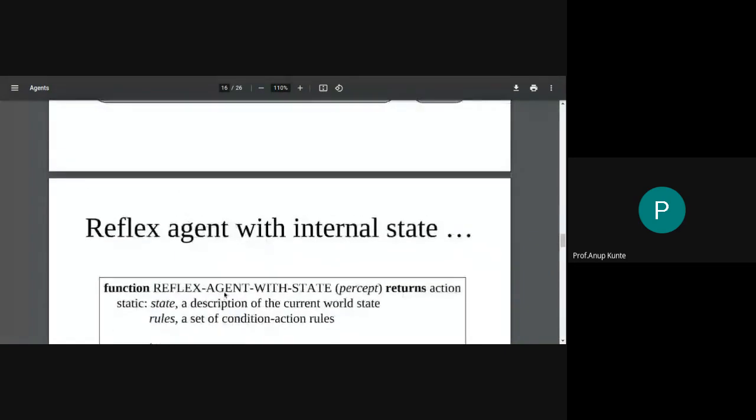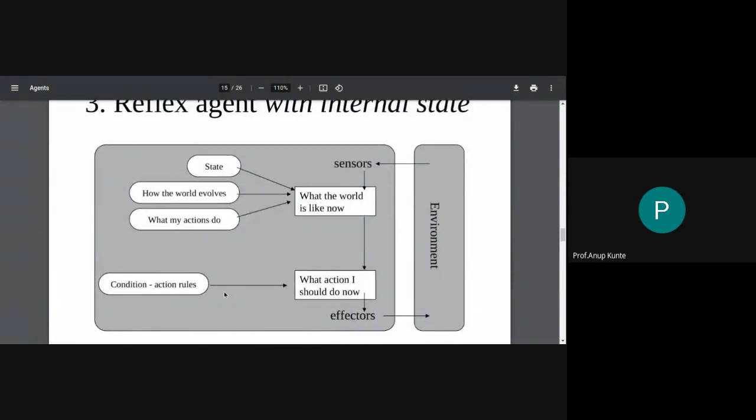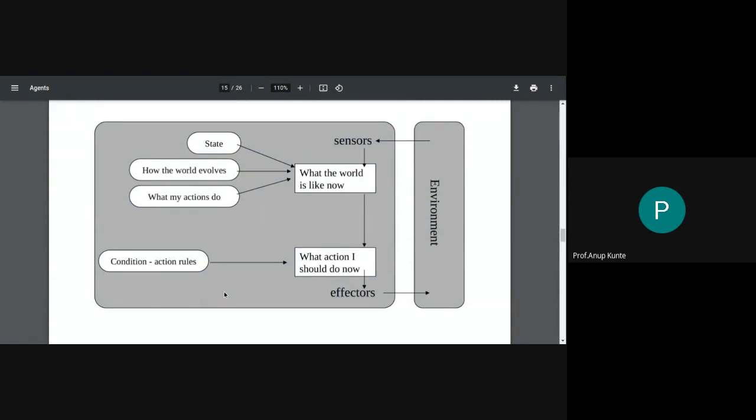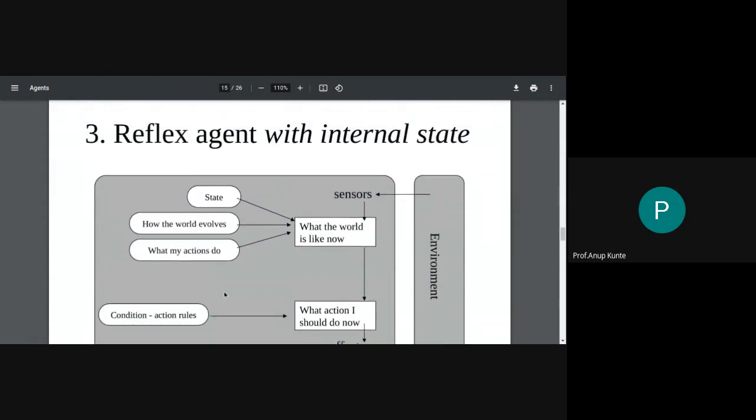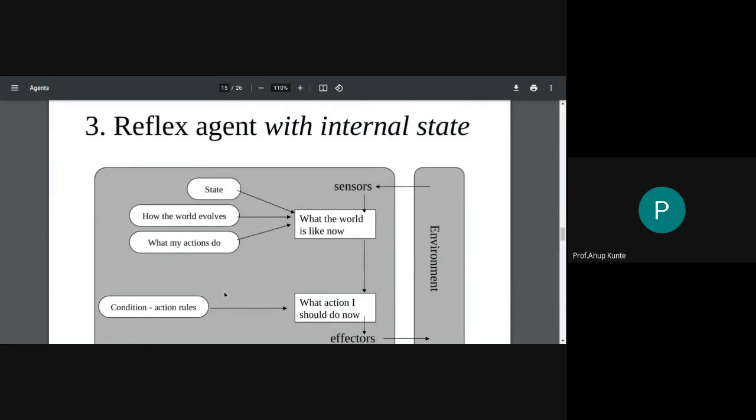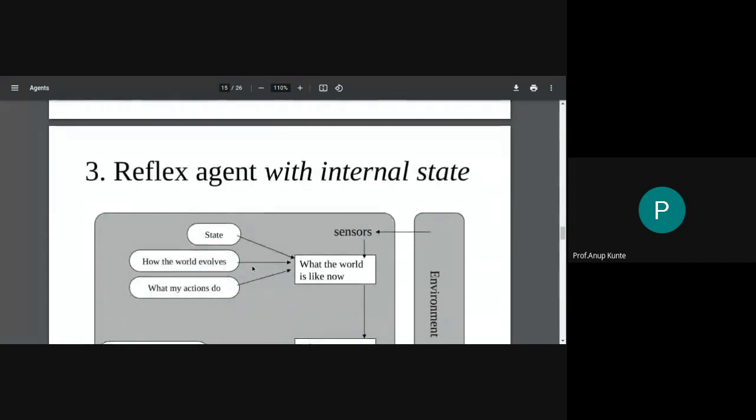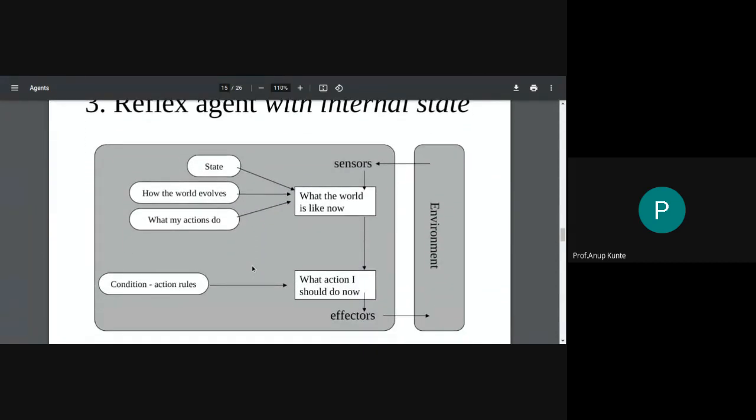I'm not going to explain it in further detail today. So we'll continue discussing the third agent architecture called the model-based reflex agent or reflex agent with internal state. Okay, so this is the architecture and we'll be continuing this discussion in our next